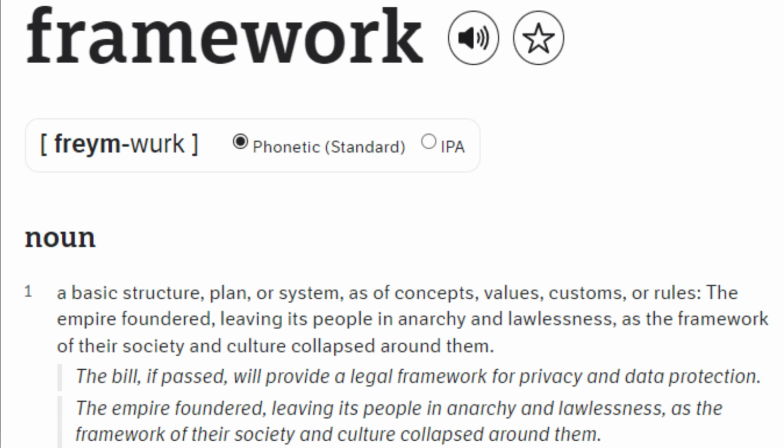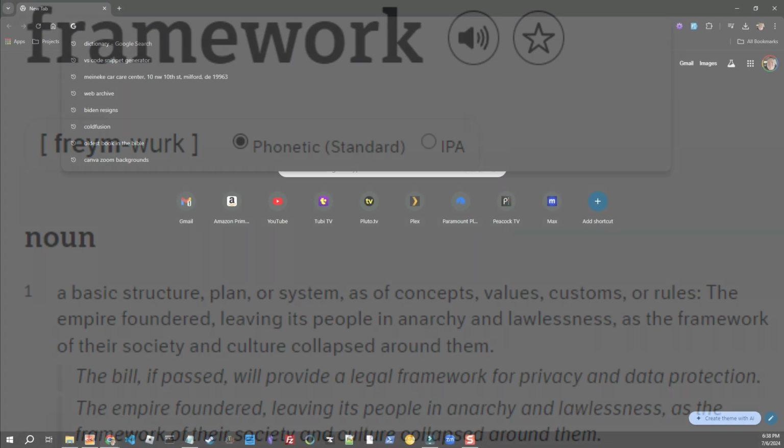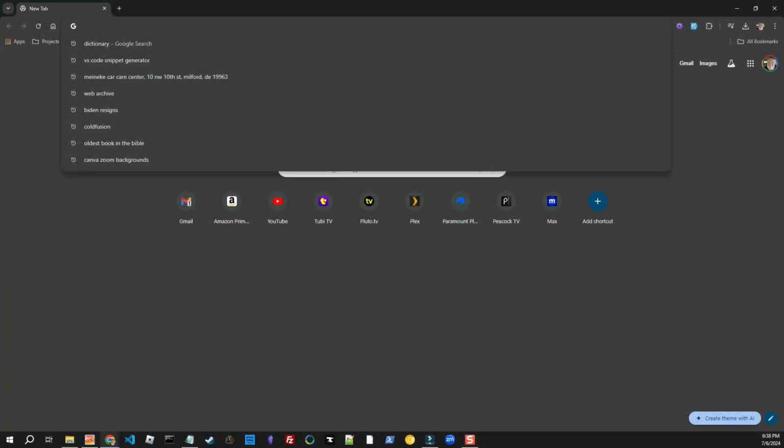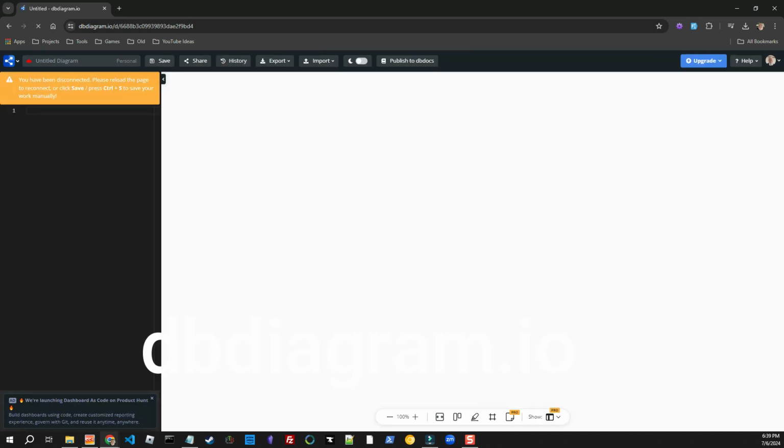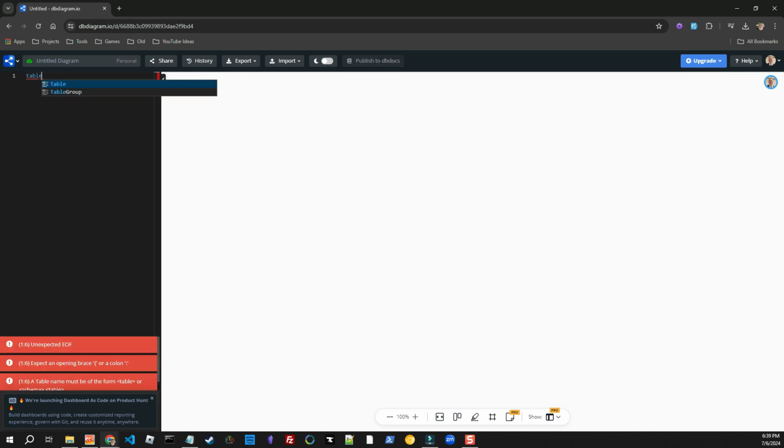So let's look at one of the tools that I use. Let's see here. I'm going to copy a link I have to a folder. So we're going to create this simple blog, and it's literally going to be very simple. So what we're going to do first is we're going to say we want to create a table,